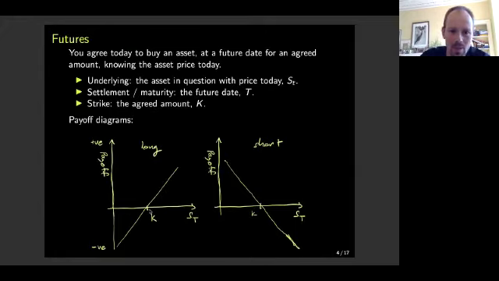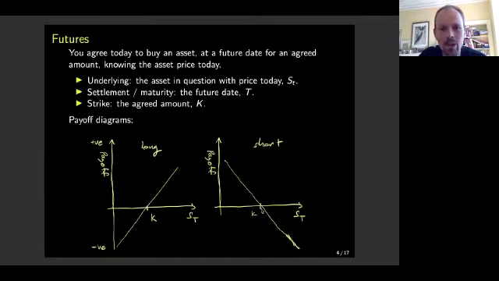But if you're long a futures position and the price of the underlying goes up to 200, say, why then? Well, your profit is 100, because you just bought something that's worth 100 for 200. And indeed, this is a basic principle in futures, and you can have cash settled futures or physical delivery futures, and quite often the cash settled do the job, because you're really only interested in this difference in price. And the other diagram is the payoff diagram for a short future.